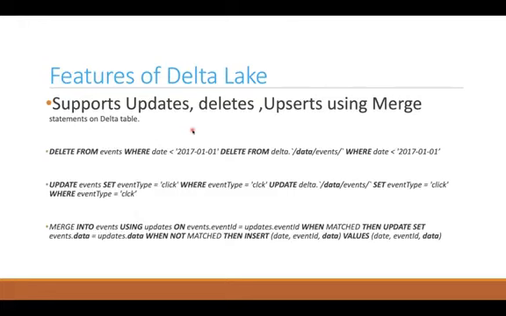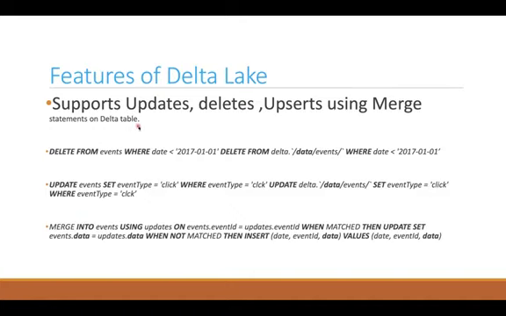Next, we will see what are the various advantages with Delta Lake. As we have discussed before, in traditional data lake, it is not possible to upsert the data or update the data. But we will have requirements, for example, incremental data. There will be some updates to the existing data, or there will be new data. Then we will need to update the data. So it is possible with the Delta Lake by executing the various delete or update or merge statements. We can update the data on the delta table.